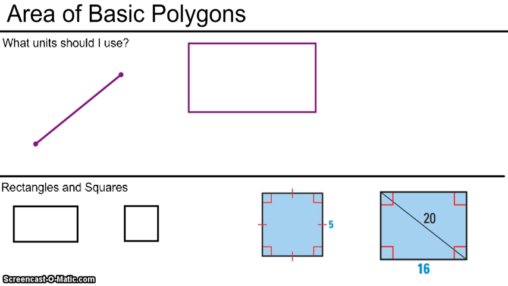So far, we've used units like centimeters, inches, meters, and miles to measure length. Length is a one-dimensional measurement. So for example, from point A to point B could be a certain number of centimeters. Maybe this is 10 centimeters, right? And again, it's one-dimensional. But when it comes to area, area is the amount of two-dimensional space that something takes